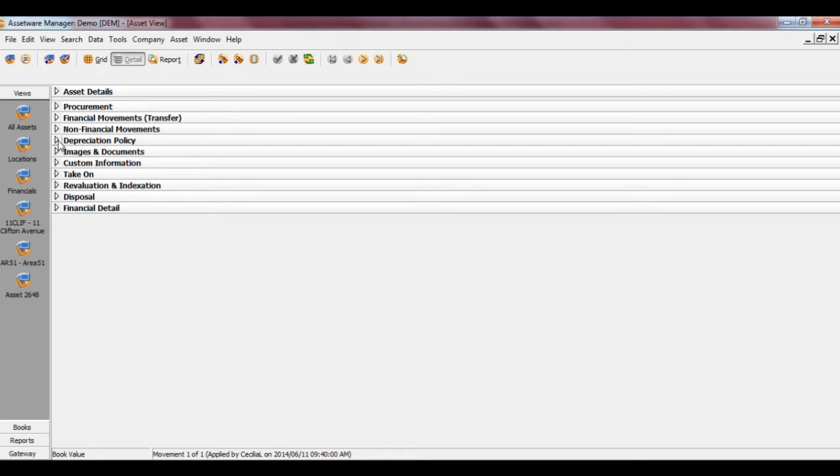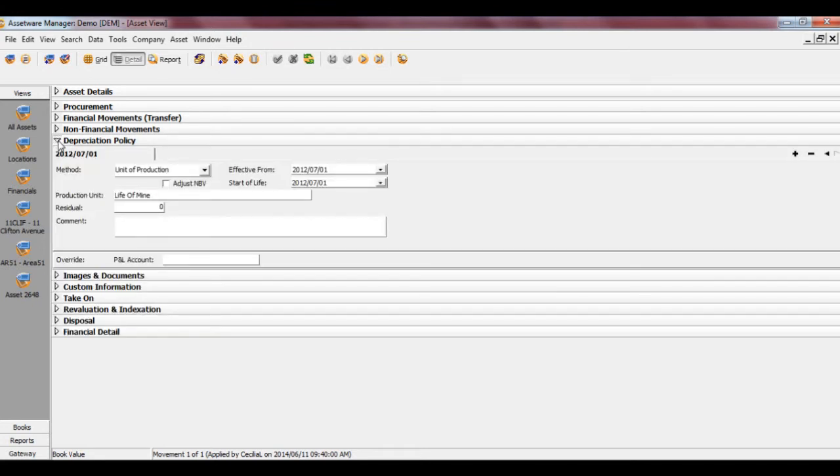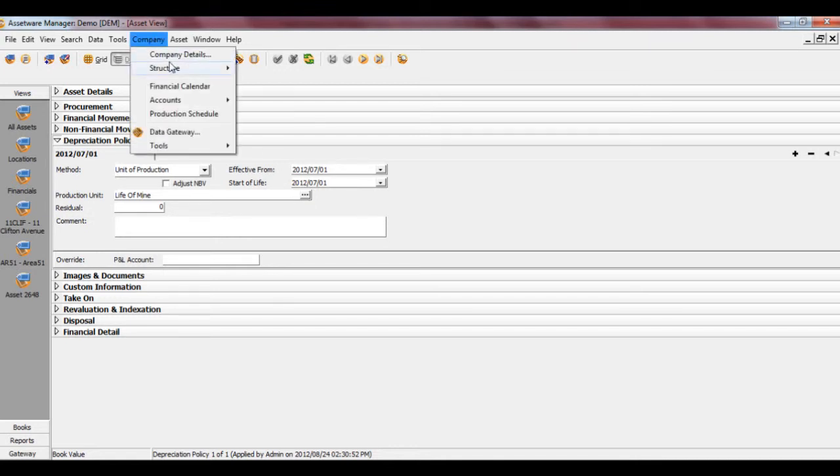Now if we look at our depreciation on this asset, you'll see that it's currently assigned as the policy is unit of production. We have a date that the depreciation starts, and we have a production plan assigned to this asset. Part of this is also to have a residual value on an asset so that it will depreciate it from the cost up until that residual value over the life of the asset. It will not exceed the residual value. Now I want to go into the production units and show you how they work. To do this, I'm going to go into our structure,